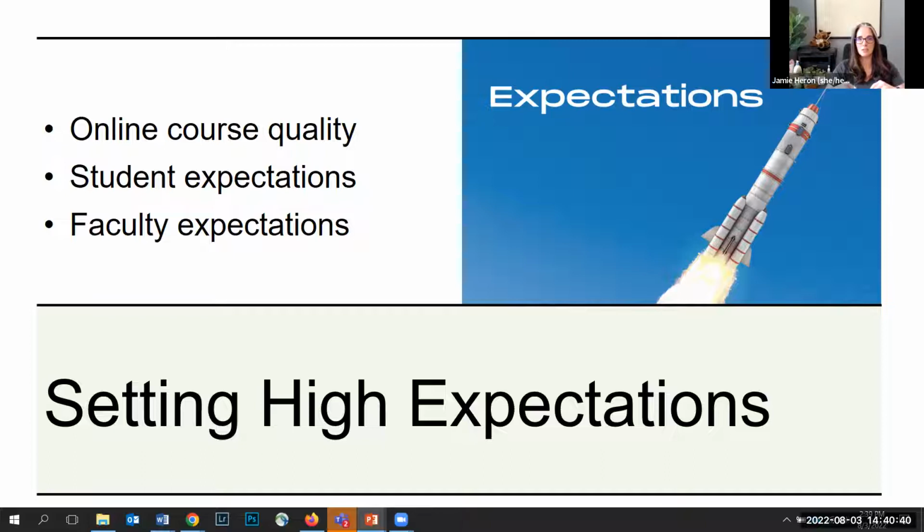And setting those expectations at the very beginning of your course, either in your syllabus or in your course information documents, is going to set the students up for success. They understand what they need to do in order to be successful. And just as importantly, we need to set expectations for ourselves as faculty members, letting our students know when we